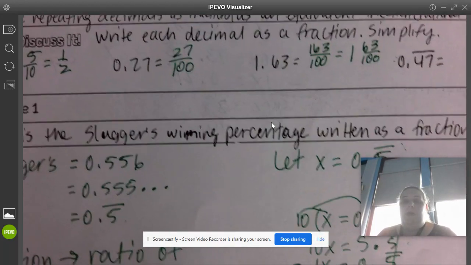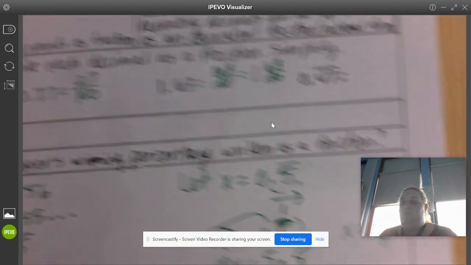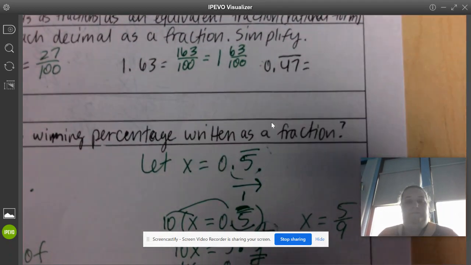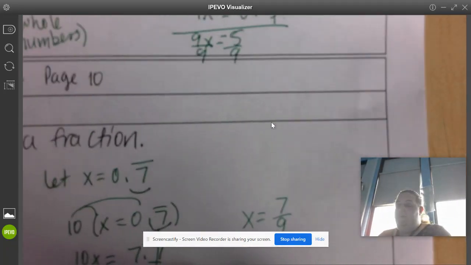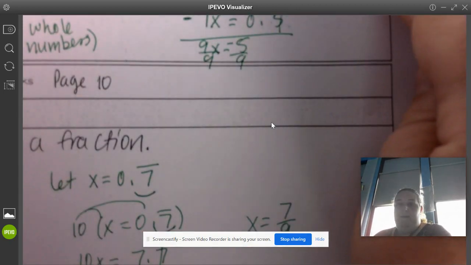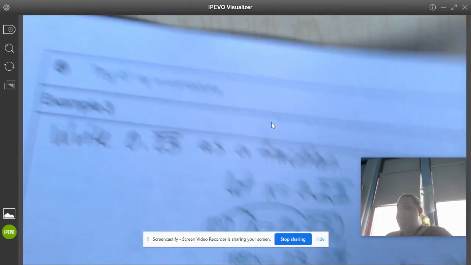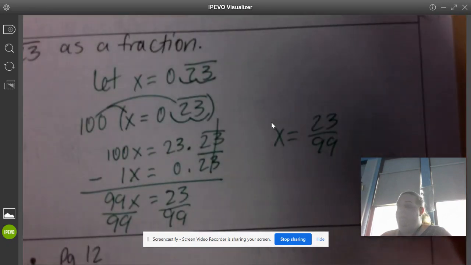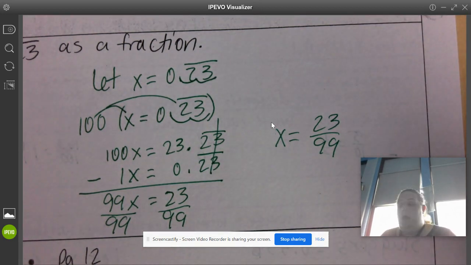So in our first example, we had to change 0.5 repeating into a fraction, and we found that to be 5 over 9, okay? So then we had 0.7 repeating. We found that to be 7 out of 9. So far we have 0.5 repeating as 5 out of 9, and then 0.7 as 7 out of 9. Okay. Flipping to the back, we had 0.23 repeating, and that was 23 out of 99. So I want you to take a minute to see if you can see the pattern. Pause the video, look through your notes, think about what you just saw, and then unpause to see if your